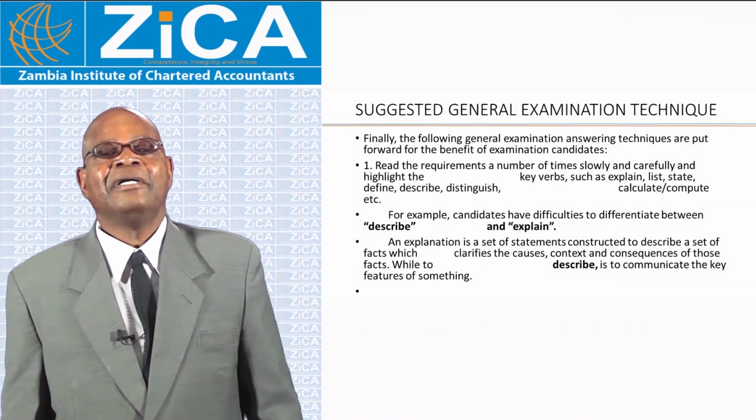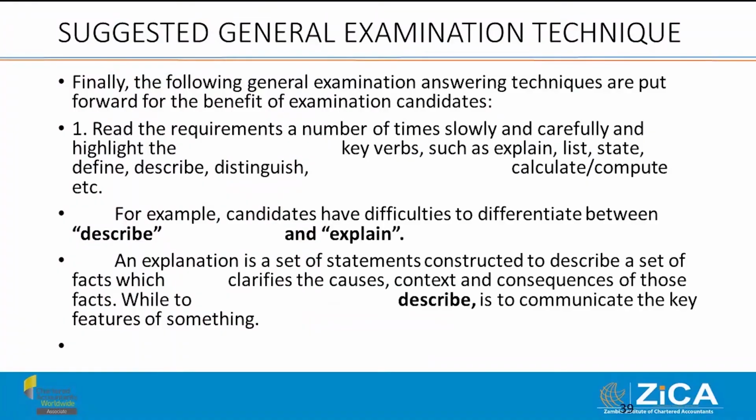This takes me to the suggested general examination technique. It is important for candidates to read the requirements a number of times slowly and carefully and highlight the key verbs such as explain, list, state, define, describe, distinguish, calculate, and so on. For example, candidates may have difficulty differentiating between describe and explain. An explanation is a set of statements constructed to describe a set of facts which clarifies the cause, context, and consequences of those facts, while to describe is to communicate the key features of something. So you see,